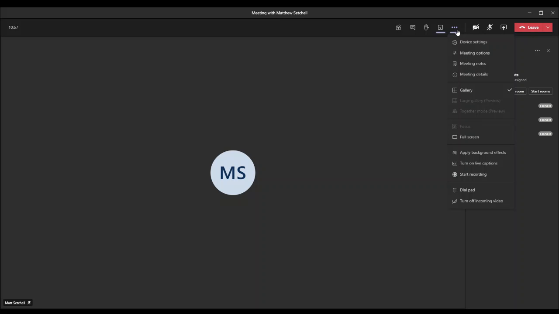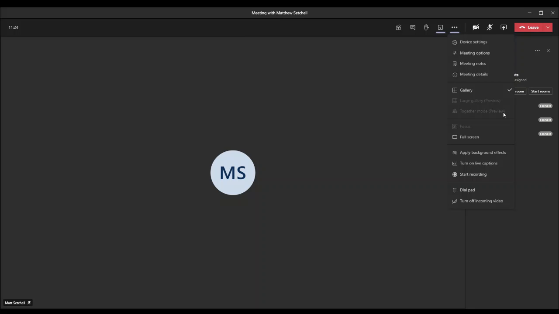Now, any additional settings, there's lots of different options that you can come down here. You can get to those meeting options again if you need to change them in the mid-meetings. You can change your device setup as well if you're changing to different sections as well. You've also got the different options for how you view people. Now, as I've only got one person in the meeting, it's not going to let me jump into these other ways, but the large galleries, as it says, you can have multiple people on there,